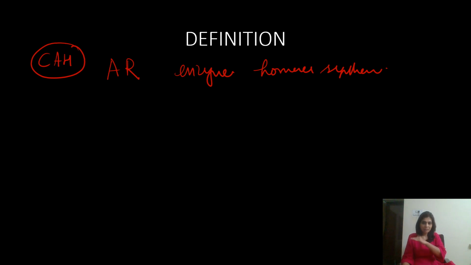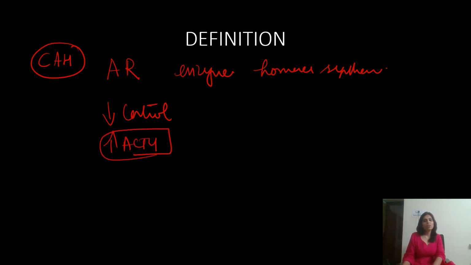And in all these disorders, the common feature that is observed is low cortisol. And when there is low cortisol, as I told you, there is feedback stimulation of ACTH. And this ACTH stimulates adrenal cortical cells to undergo hyperplasia. And because the adrenal cortical gland has undergone hyperplasia, it's called adrenal hyperplasia. And along with ACTH, as I said, gamma MSH gets released, so that causes pigmentation. This is the definition of this condition.